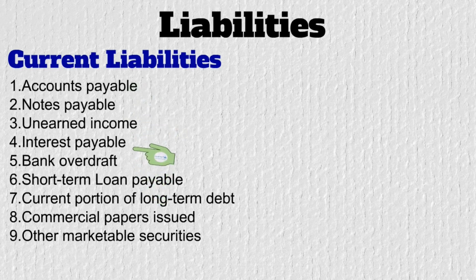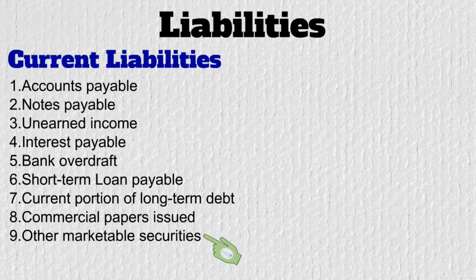Interest payable is the next account. Interest payable is what? Interest is a fixed periodic return and it is given on fixed income securities, for example, bonds and debentures. For the company that is supposed to pay that fixed periodic return, it's what? It's an interest expense or payable. If you have not paid, we will call it a payable. Then we have bank overdraft, and we know what a bank overdraft is. Bank overdraft is a credit facility given to the organization by the bank. Short-term loans payable means any loan that you are supposed to pay within the next 12 months. Current portion of the long-term loan means the portion of the principal amount and the interest payment that you need to pay within the next 12 months.